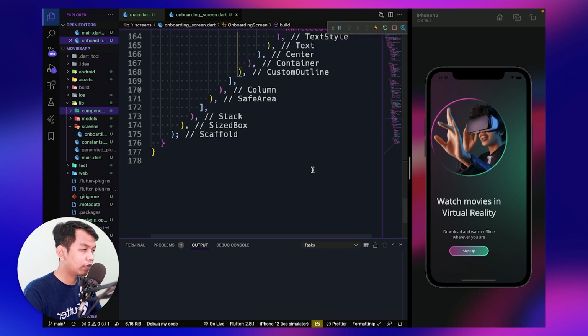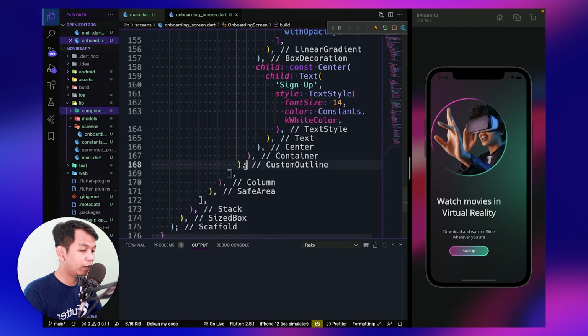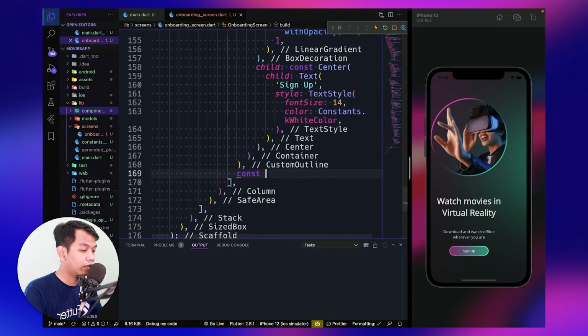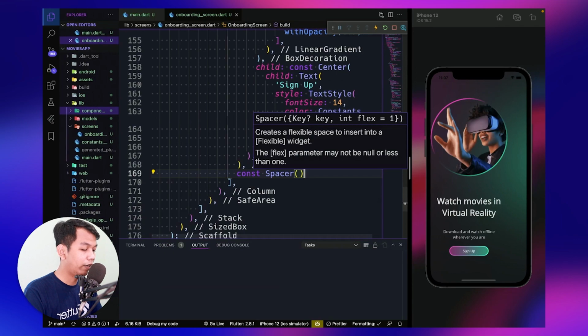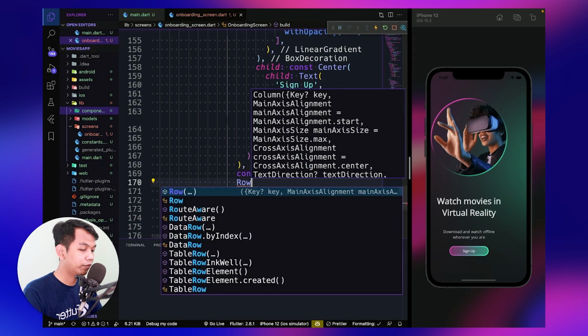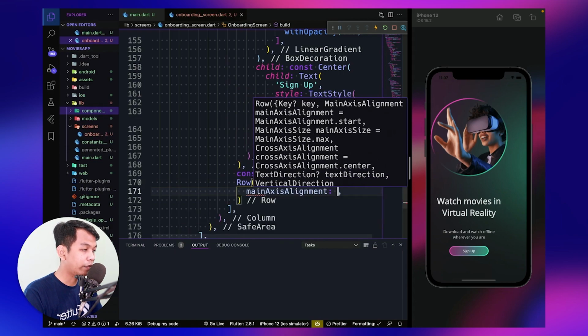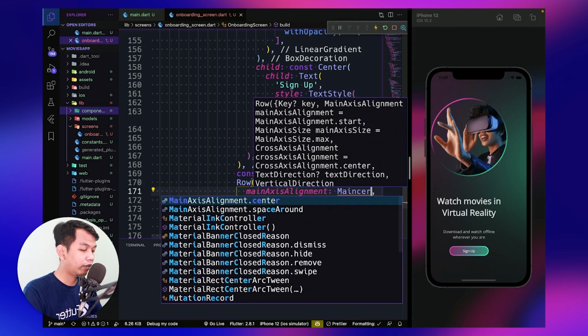So the next is, below of our custom outline, we say spacer, this widget will push the next widget to bottom. So the next widget is row widget. And for the main axis alignment, we say center.